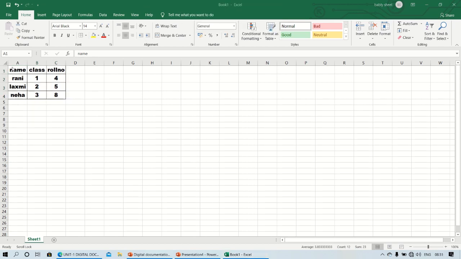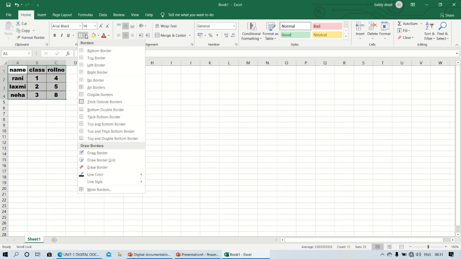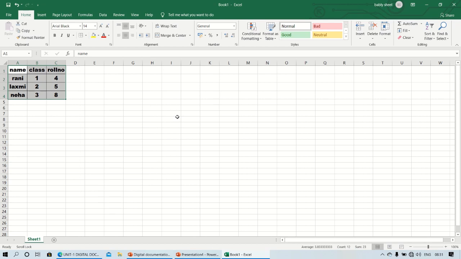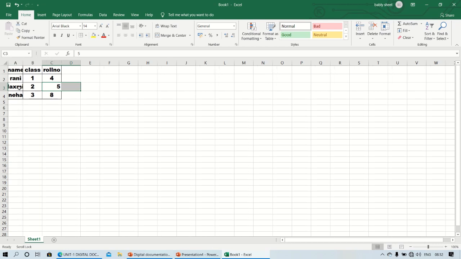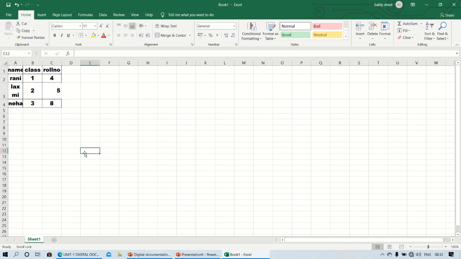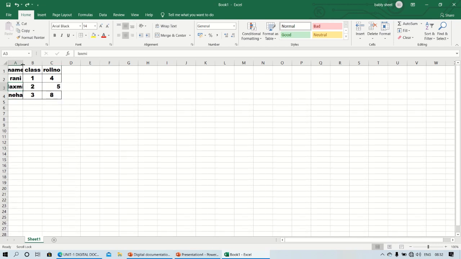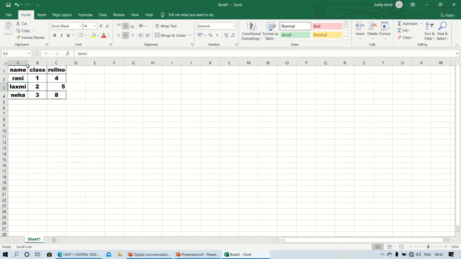Now see, if you want to apply the border as well, so just click here, and then you could be able to apply the border, whatever the border you want. Okay, now to merge the data, you just need to click here, and from here you need to select the merge. By this you could be able to merge your document. If the data is extending, and you want to wrap the text, you could be able to wrap your text as well. Okay, so these are some small things you should know before working in spreadsheet, right?